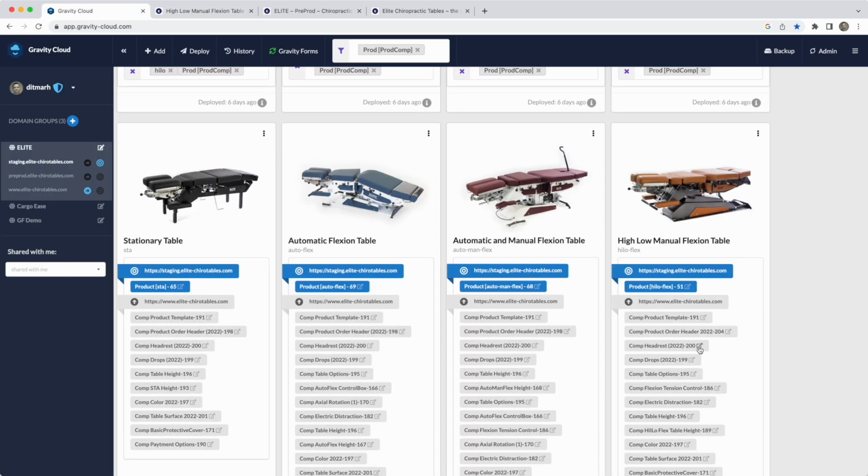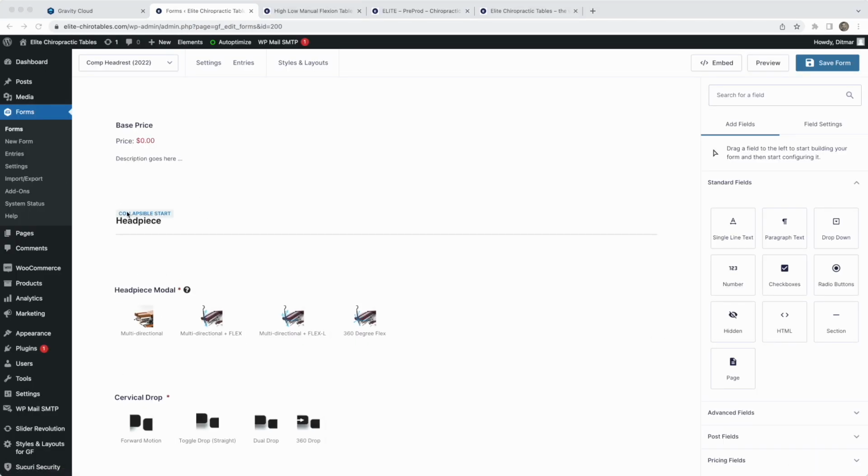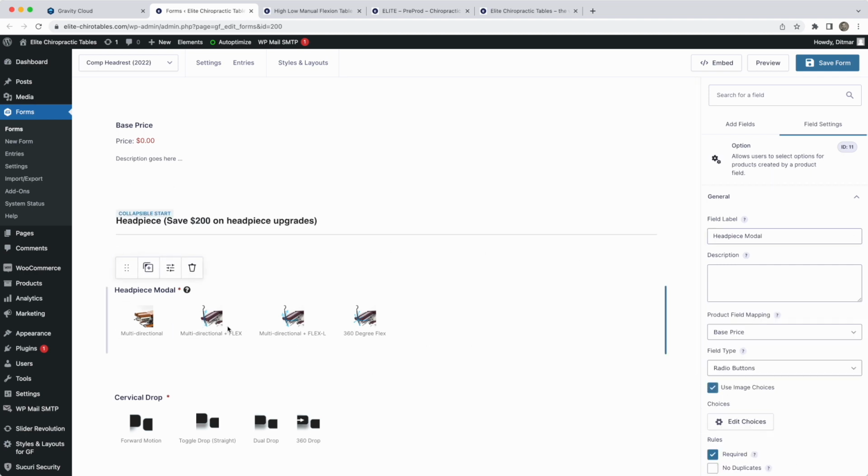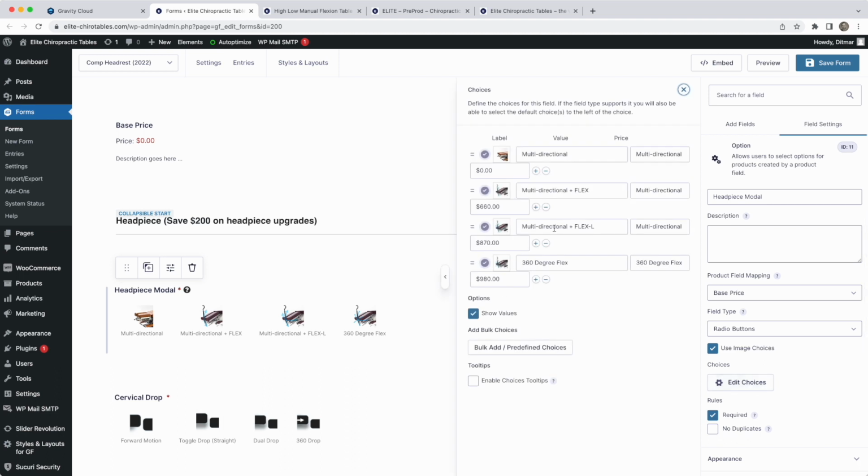Next, we're going to open up the headrest component. For the headrest, we want to notify the user that we have a sale on a headpiece upgrade, $200 off. So what I'm going to do is select that component, and add a $200 sale notice here. And then we're going to look at the options and put in the sale here. So you can see the first one is $600, $870, and $980. So I'm going to take $200 off of each. So that's 4, that's 6,